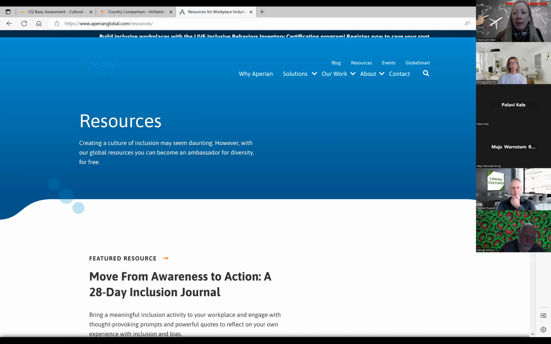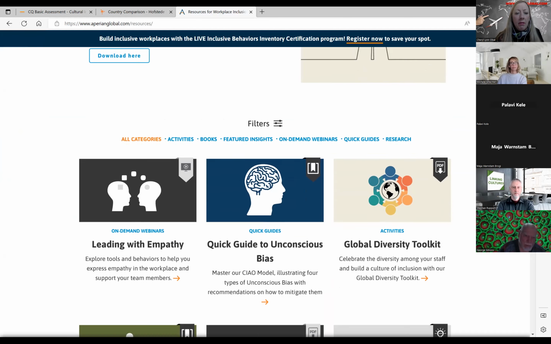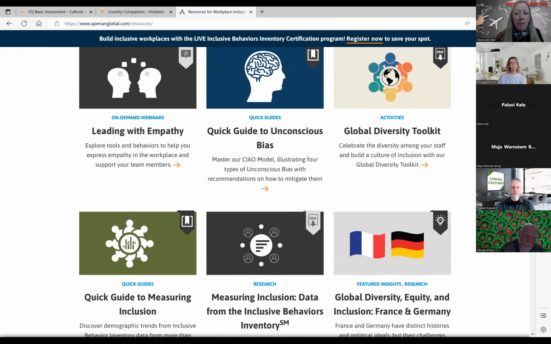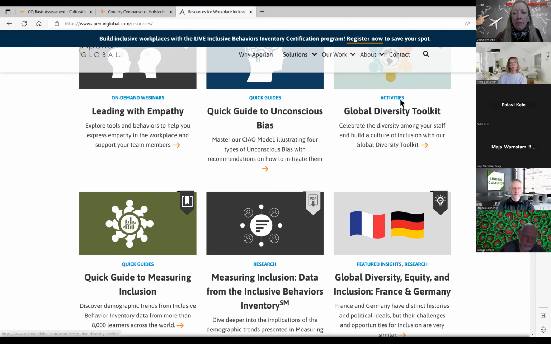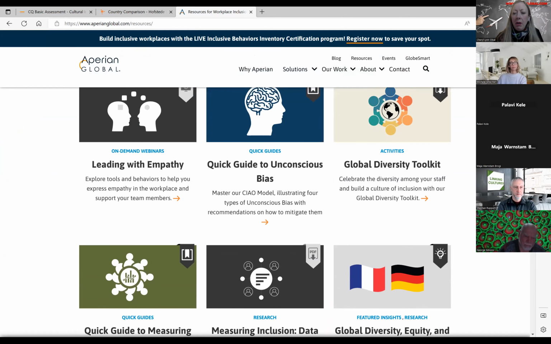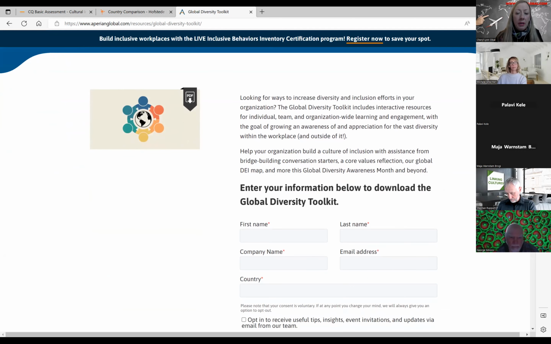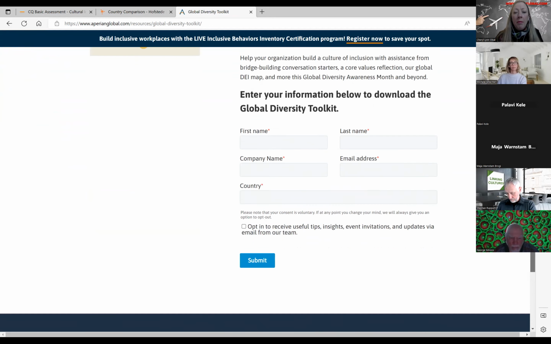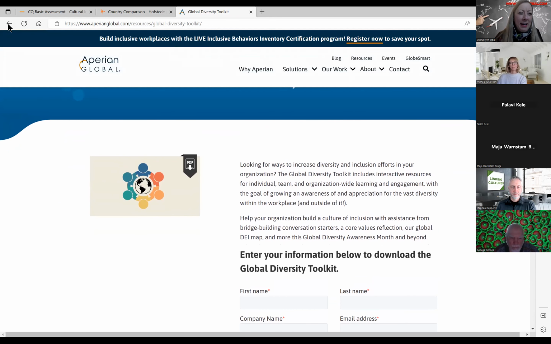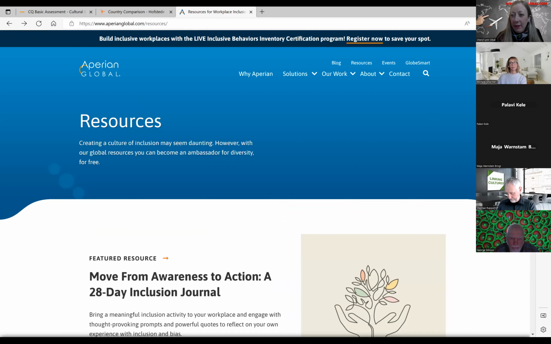And if you click on it and you scroll down, you can see lots of packets. There's an activity thing here, a toolkit that you can download. All of these are free and you can just download them. Of course, they want you to enter your email address and everything, because they want to collect your data and send you stuff. But I don't think it's a bad idea to get their emails.